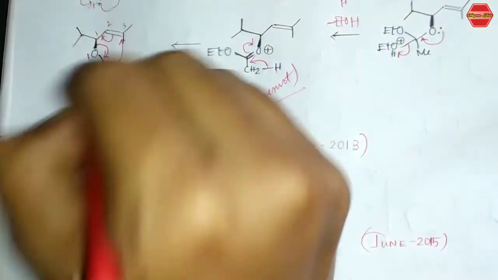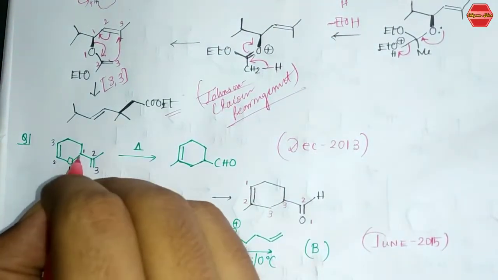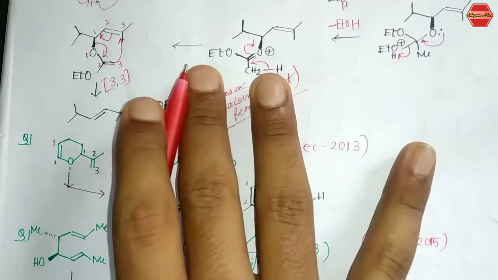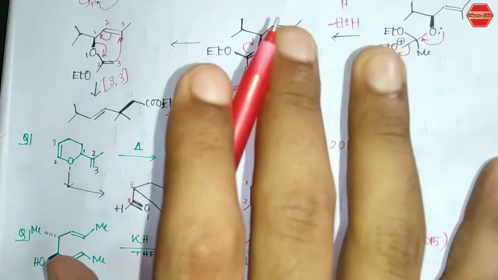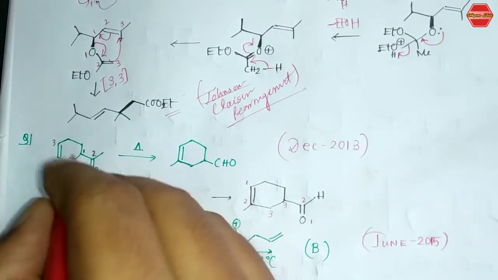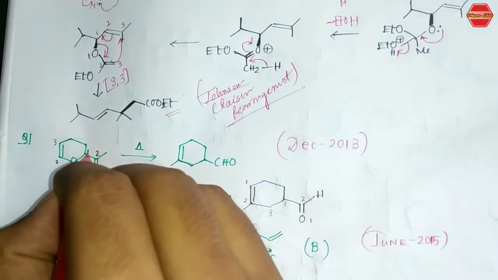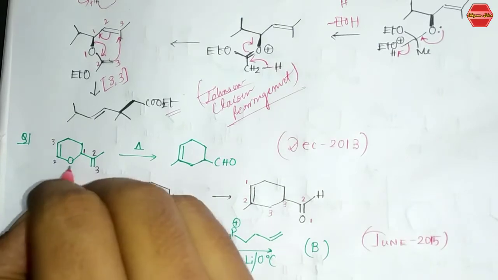The first thing is that the numbering of the compound is very much important. So you have to number in the specific way. This is your 1, 2 and 3, and you can see that is your 1, 2